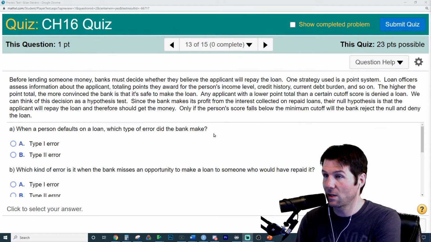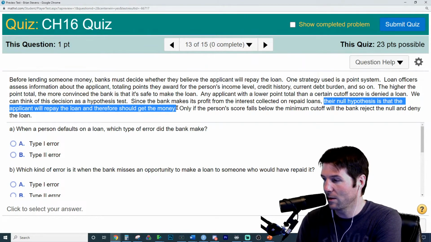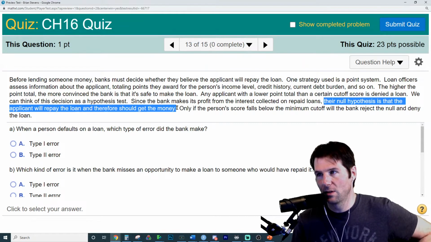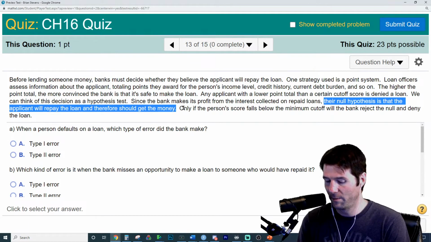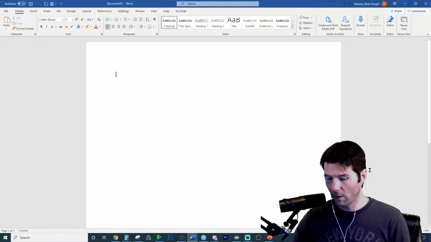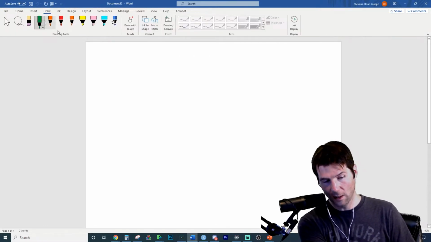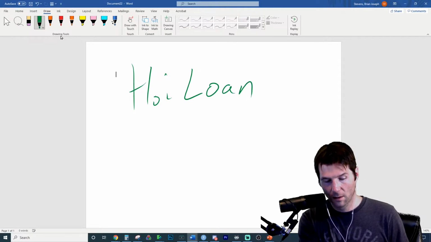We can think of the decision as a hypothesis test since the bank makes its profit from the interest collected on loans. Their null hypothesis, this is about all that matters, is that the applicant will repay the loan. That's the null. If the person's score falls below the minimum cutoff, the bank will reject the null hypothesis and deny the loan. So what is the null hypothesis? The null hypothesis right here is that they get a loan. We're going to give them a loan until we have evidence